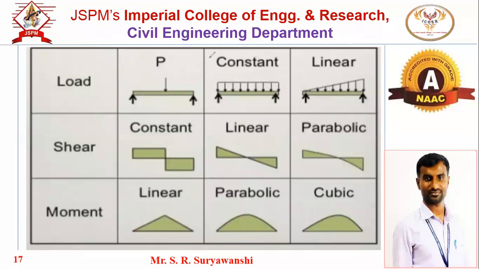Second, simply supported beam subjected to UDL on entire span. Okay, it is a simply supported beam and there is UDL on the entire span. In that case, the SFD will be two triangles, one positive, second negative. Now this is the reaction. If the intensity of this UDL is W, what is the reaction here?